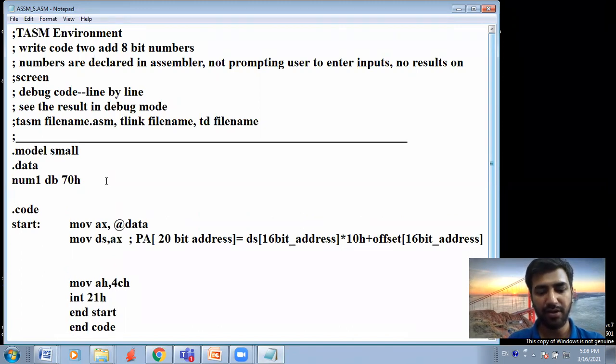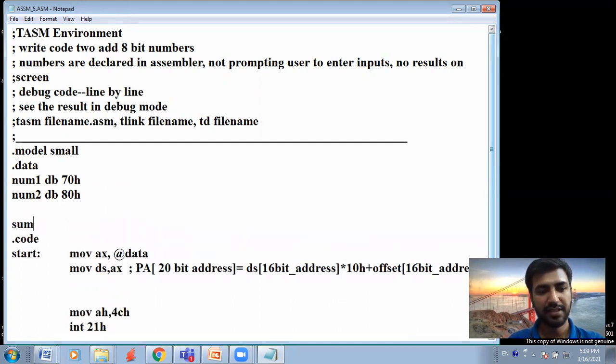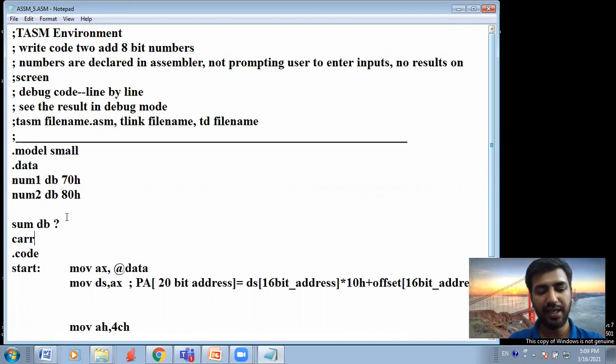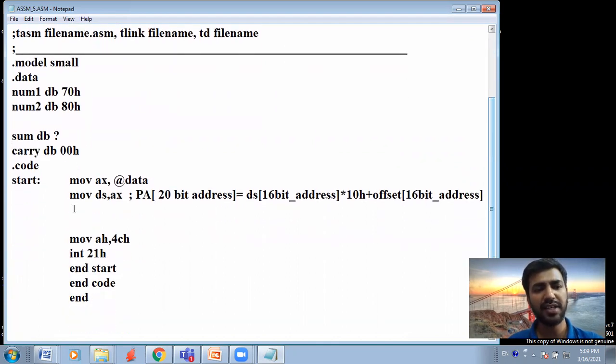I can define number two, DB 80H. I can also have sum. For that, I can give a question mark, and for carry, I can just store it as 00H. So by default, my carry would be 0. And if carry is generated, I will take care of that.